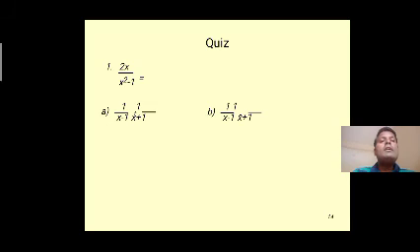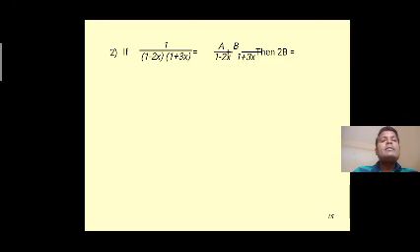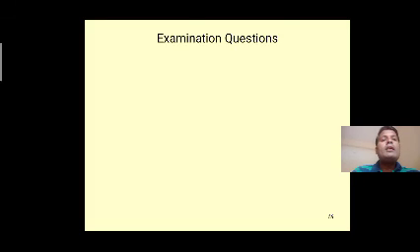Now we go to the quiz. 2x by x square minus 1 is equal, just we have to do the split. What is the option? A is the right answer. In the same way, the second one, 1 by 1 minus 2x into 1 plus 3x equal, how to split this one? A by 1 minus 2x plus b by 1 plus 3x, then 2b. Option A is A, option B is 2A, option C is 3A, option D is minus 3A. What is the answer? Option C, 3A.